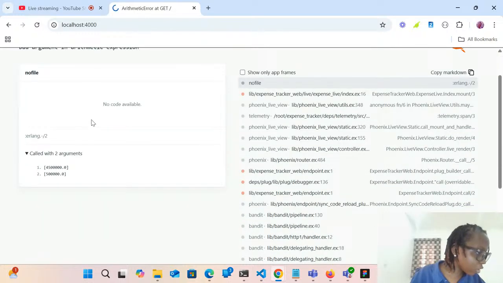Bad argument. Oh, it is a list, so we have to make it so the. How to convert list to float. So I think they should have something for list to float or something, but